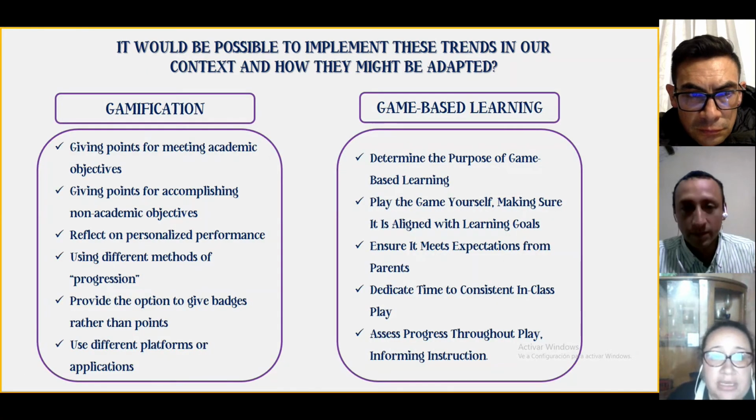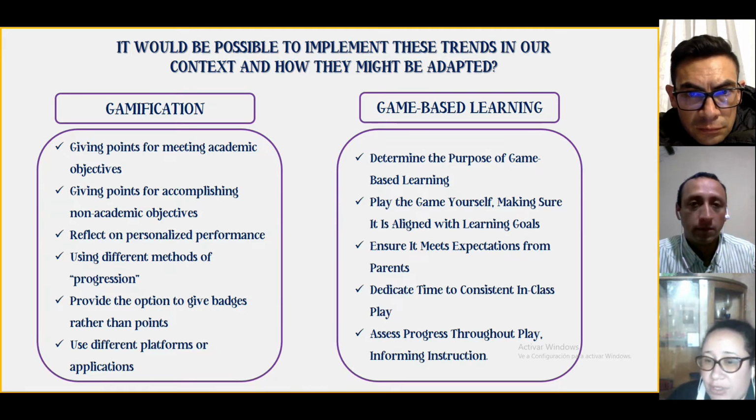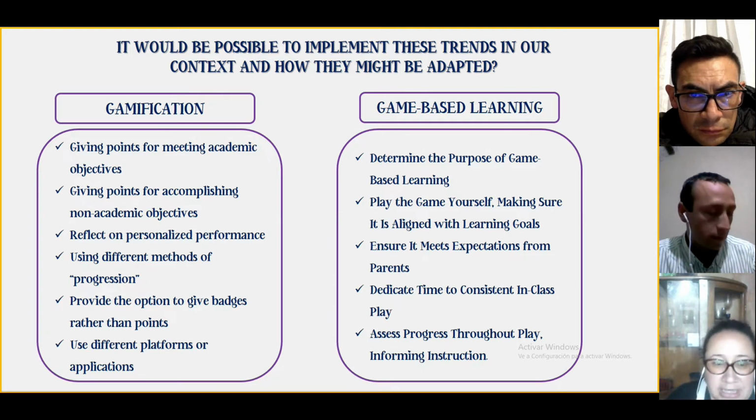At this moment, we are going to answer the question: would it be possible to implement these trends in our context and how might they be adapted? If we look on the internet, we could find some advice about how we could implement gamification or game-based learning.